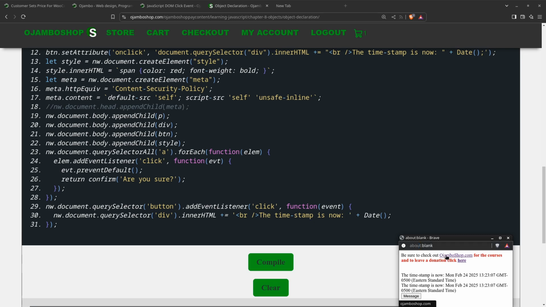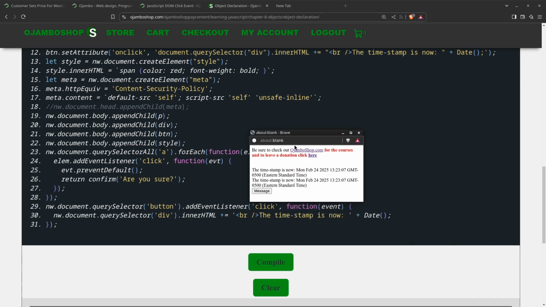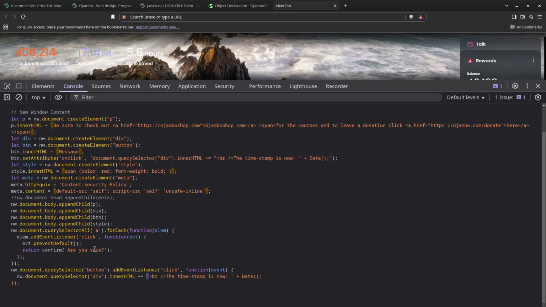Now, if you notice here, under ojambo.com, you see it says ojambo.com on the bottom left there. Or if I click here, it says ojambo.com/donate. So if I click the donate, you see it doesn't go to the link. The reason for that is because we have this event prevent default. So what should happen is it prevents the default, and then this should be running, but it's not. So if we go back here and we fix this issue,